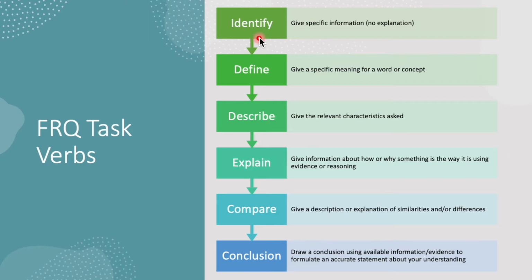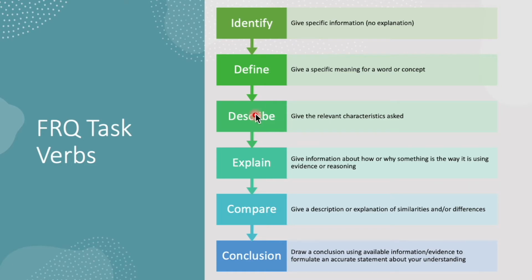The most simple is the identification. You would be asked to identify, just give information, no explanation required. So, for example, you might be asked to identify the course countries with a federal system, in which case you would just say, Russia, Mexico, and Nigeria have federal systems. You do not need to explain what federalism is when asked to identify these countries.